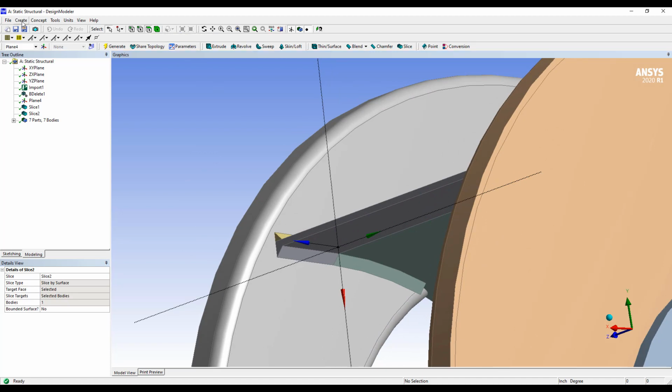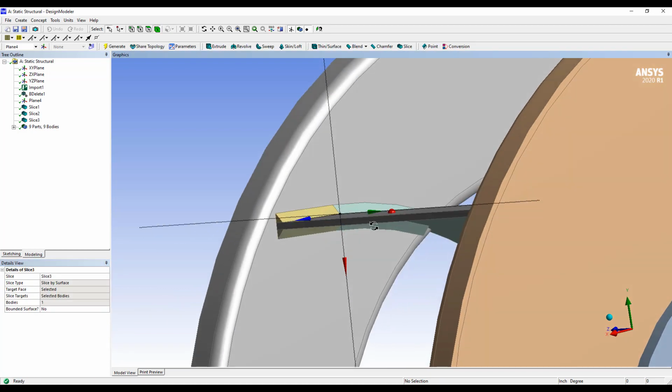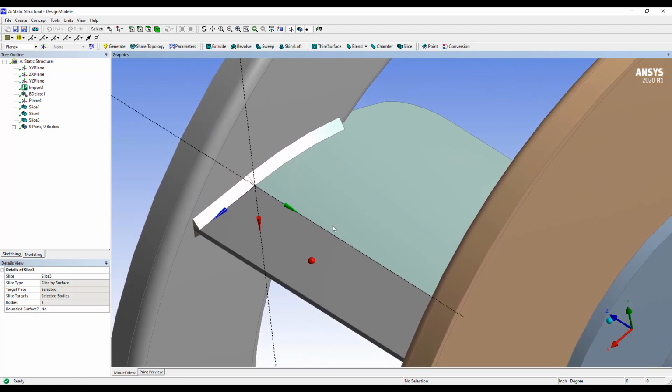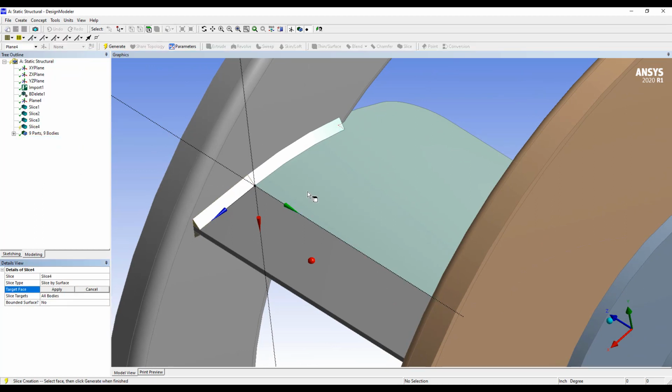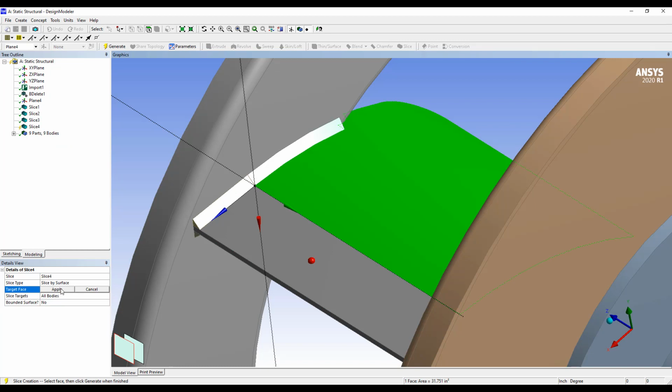So we're going to do Create, again Slice, Slice by Surface, by this surface. Apply. By selected bodies, this body, the flat body, apply, generate. Same thing for the curved body now. So Create Slice. We're going to pick that face, apply, selected bodies,